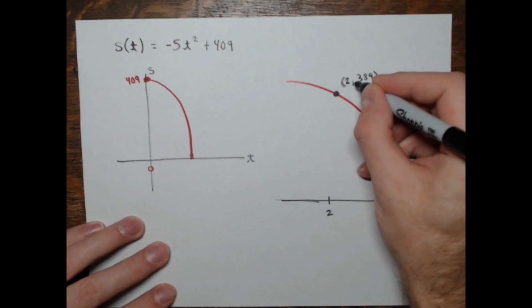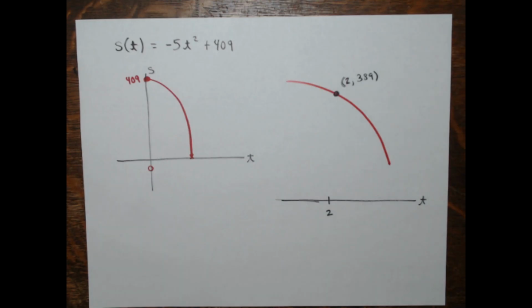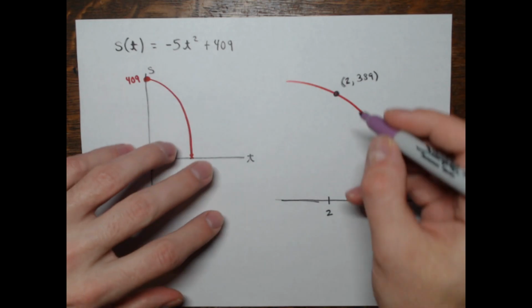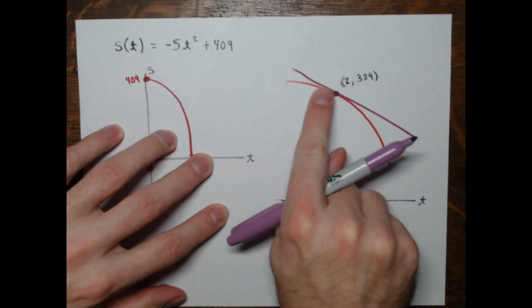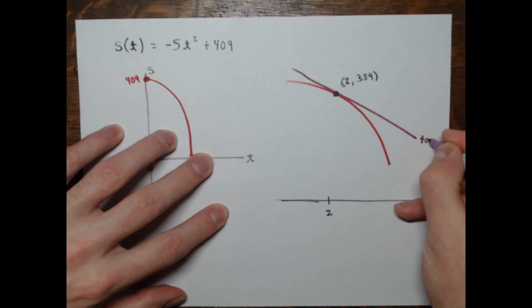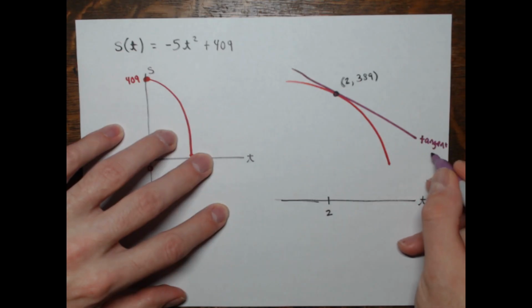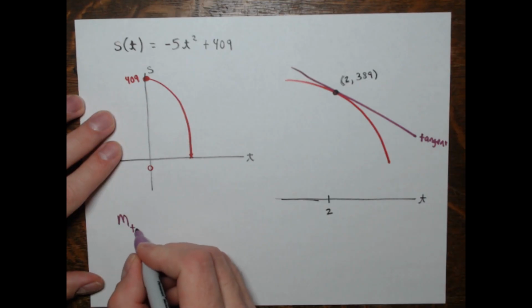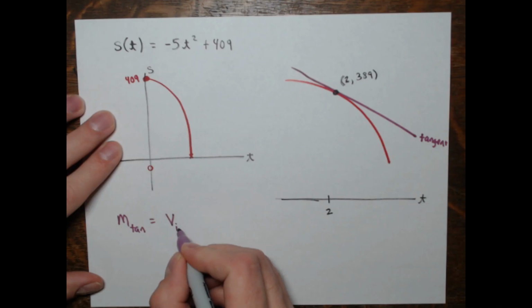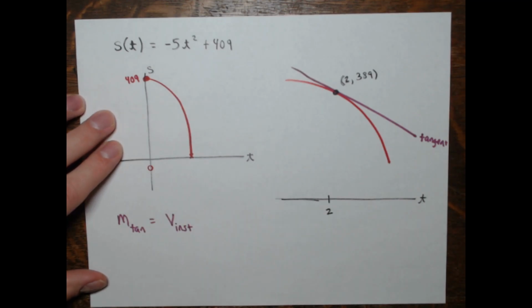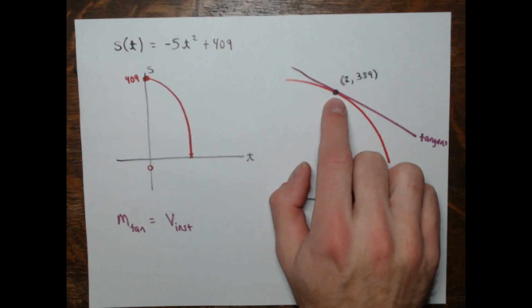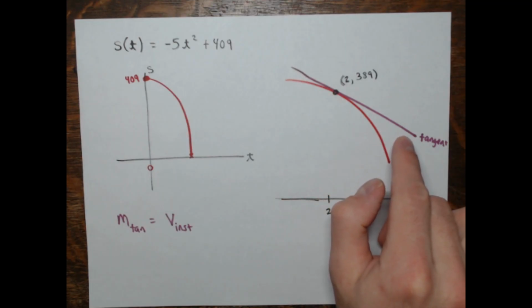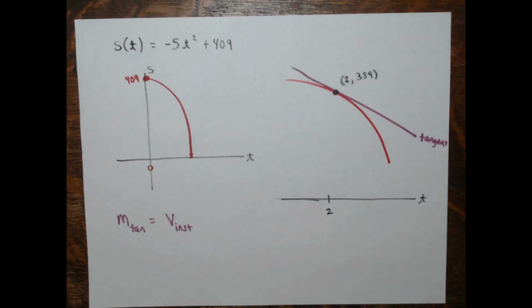So I got the point 2, comma 389 on the graph, and they want us to estimate the slope of the tangent line. So here's the line that has that point on it, going in the direction that the curve is. And the slope of this line, the slope of the tangent line, is this instantaneous velocity, v inst, that they got there. So again, the problem is the same problem I mentioned earlier. I cannot find the slope of a line with one point on it. So that's why they're having you use some other values